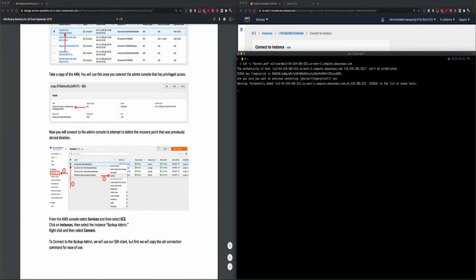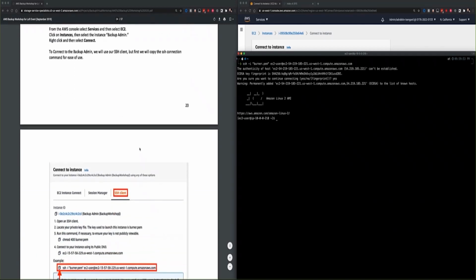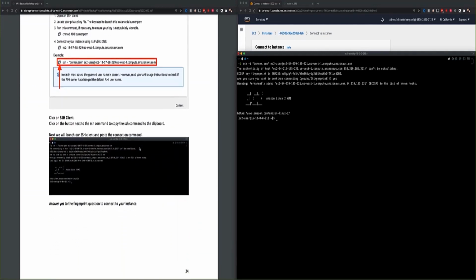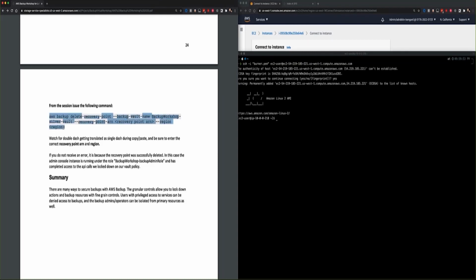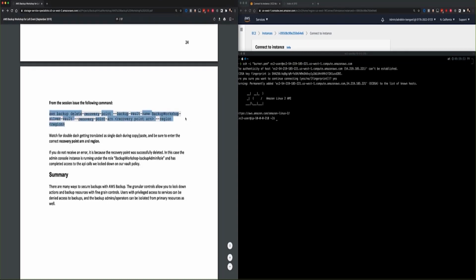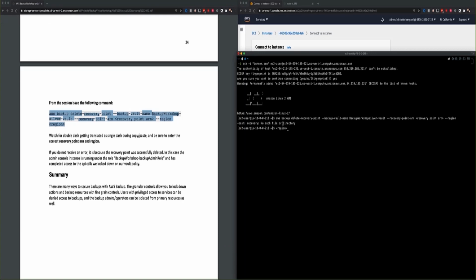Enter in Yes to save the fingerprint. And now we are logged into our EC2 instance. Next, we'll want to copy this command from our page here. Make note that this dash sometimes does not copy. So what we will do